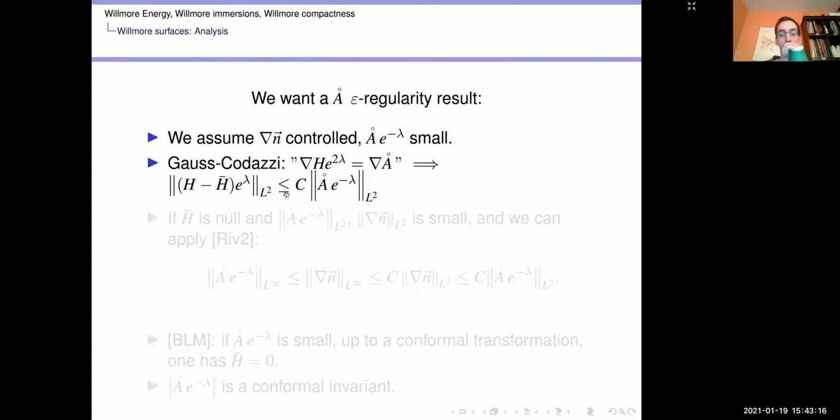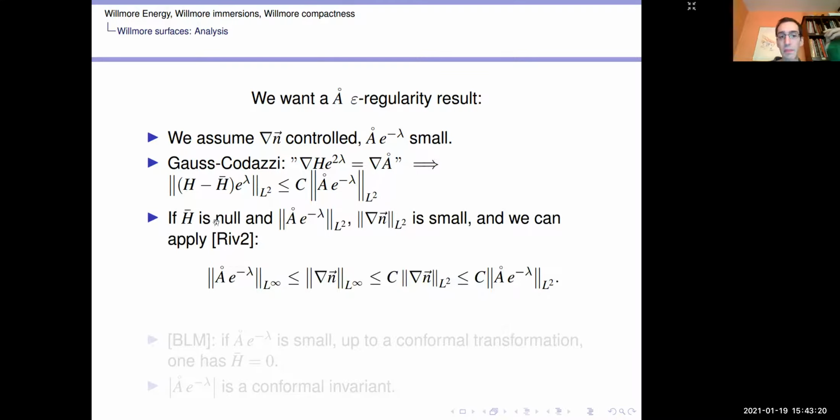So what can we say from this inequality? Well, if H bar is equal to 0, this means that, erasing this part, we control the trace part by the trace-free part. And since the trace-free part is small, we know that the second fundamental form is going to be small. And since the second fundamental form is small, we have the epsilon regularity of Tristan Rivière, and we have nabla n